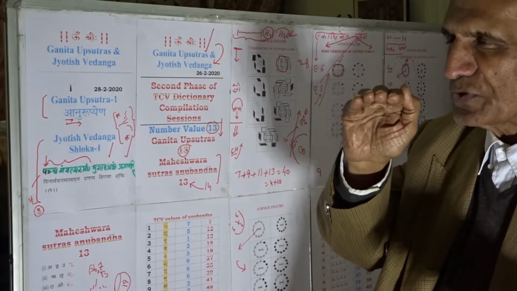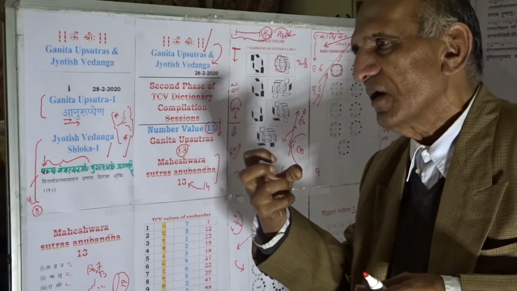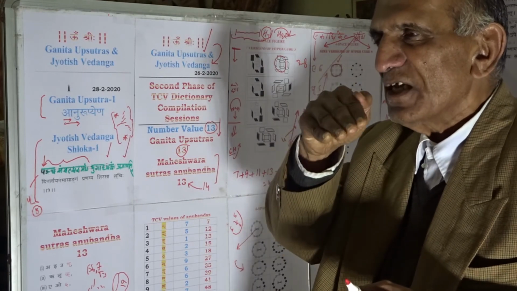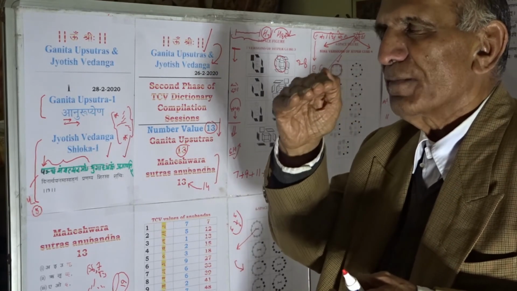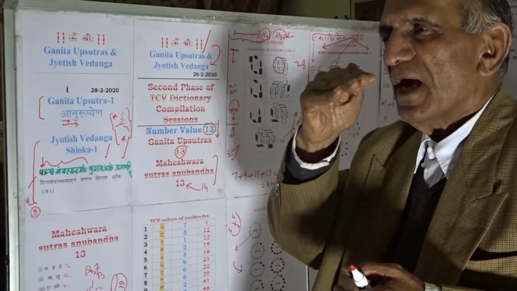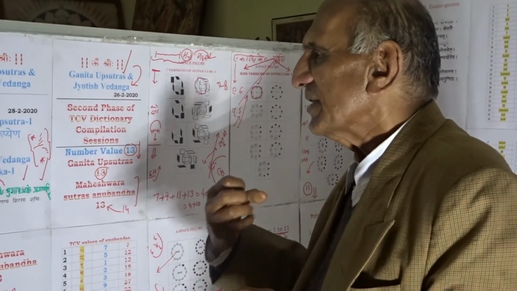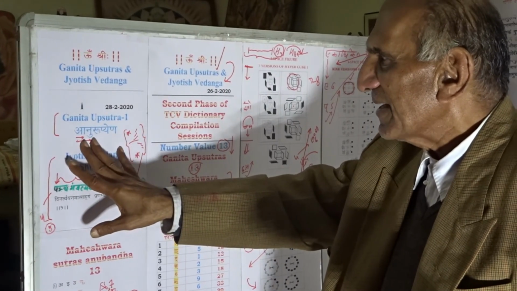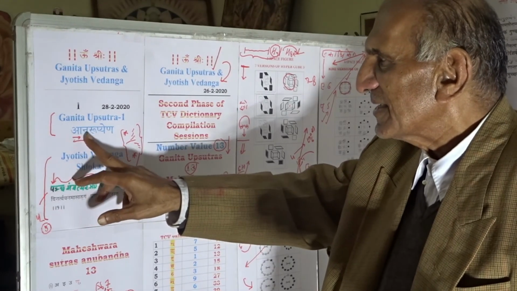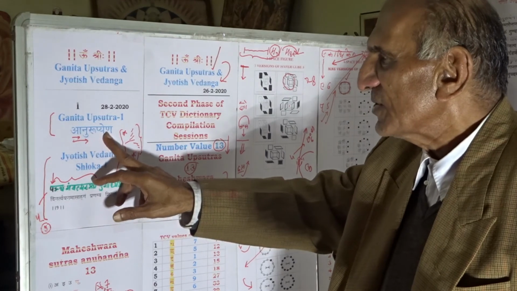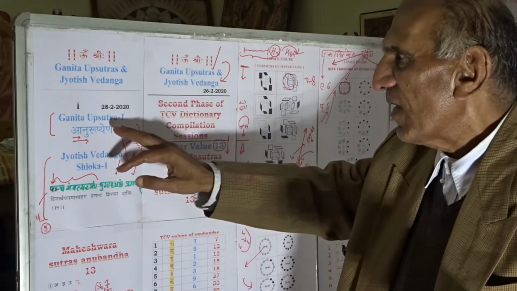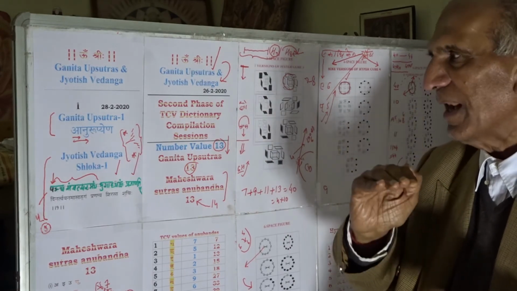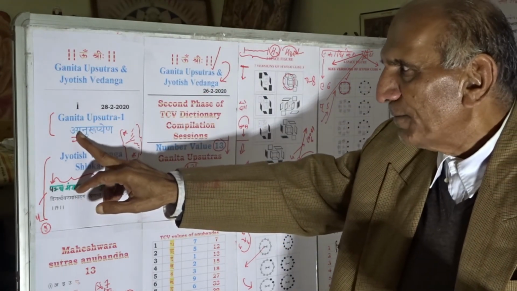But those who are fulfilled with intensity of urge to be parallel with the Vedic systems, those who have the intensity to melt their mental states of linear progression, spatial progression, solid progression, and want to be along the creative progression, then for this creative progression we have to approach Ganita Upsutras like Anurupe, letter-wise, then syllable-wise, then we have to reach their TCV values, then have a transcendence along the vowels availed for the composition of these letters, and many further steps as well when we will be reaching the parallel geometric